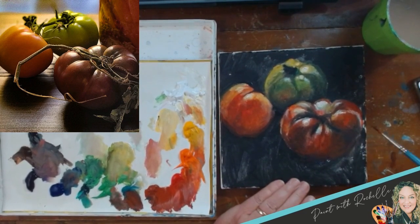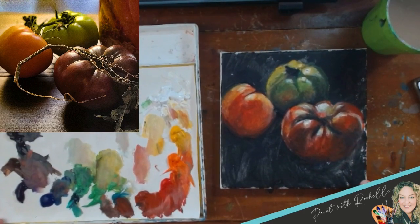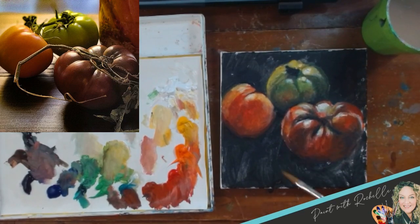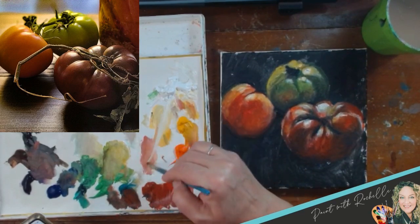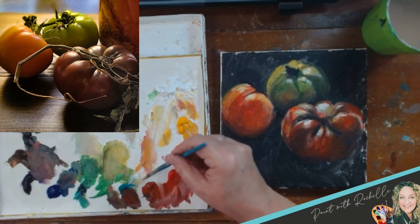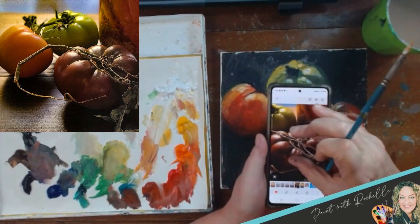So what I want to do is put some stems on there. I may not follow the entire stem situation going on here, but I do want some of it in because it's gonna look cool. It's gonna help tell the tomato story, if you will. So this stem here,